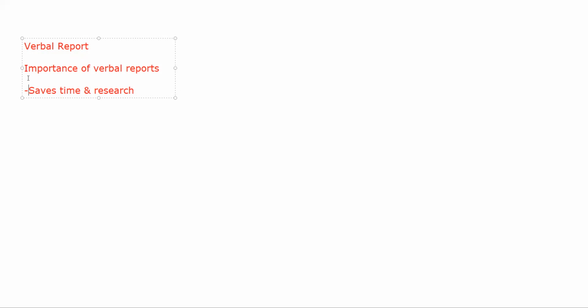Sometimes they even draw and show you on a particular board, they write it down and show you what is going on. So that is a kind of oral presentation that is basically helping you understand, or it is summarizing data and giving it to you very concisely. That is why it is saving a lot of time and research. Instead of you just keep on reading online or in a book, it will save a lot of time.